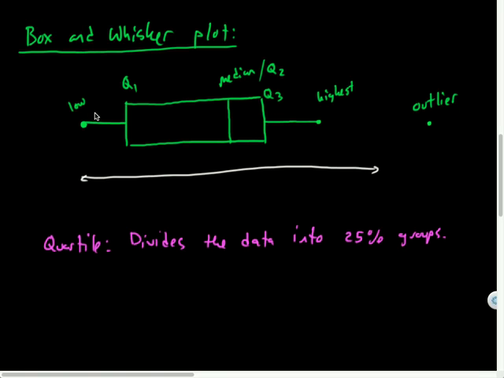So let's actually write that down. 25%, 25%, 25%, and 25%. Notice what that does for me is now visually I see where my data is densely populated. So this would be like if the data is kind of spread out. Here it's even more spread out. And then here it would actually be really tight and clustered together because it's a smaller area, but it still is 25% of the data.